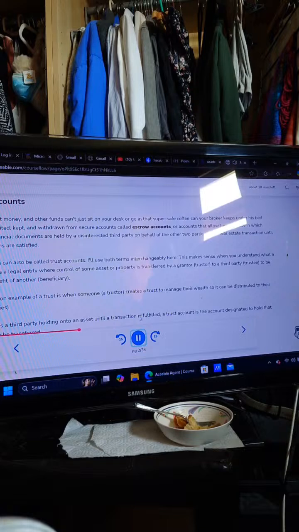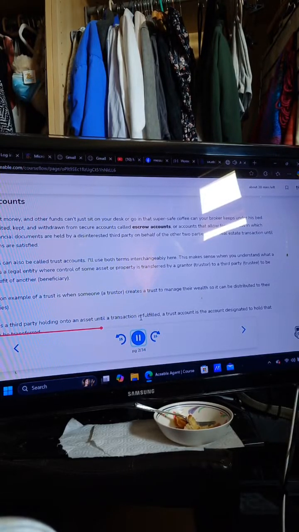Example: Tyrone is preparing to purchase his first house. When he decides on the perfect 3-bedroom home, he makes an earnest money deposit to his broker. The seller is happy Tyrone has put down money towards the sale. It makes them feel more confident Tyrone will follow through. It also helps secure Tyrone's place as the buyer.